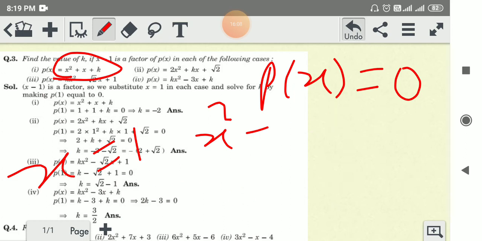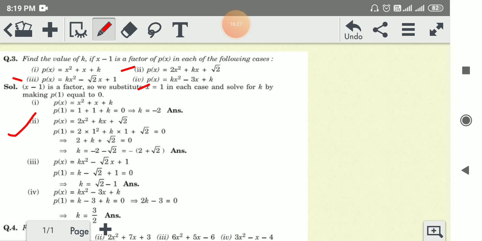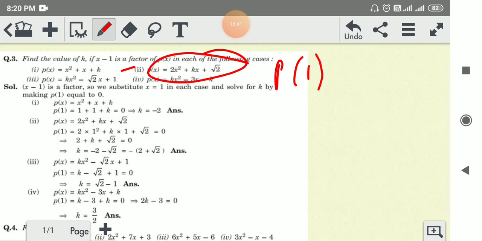Now question number 3, part 2, this and this is your homework, but I am solving one more question. I am solving question number 2 again. Here the value of x is equal to 1, and the given polynomial equation is this. So putting x is equal to 1, now we get,